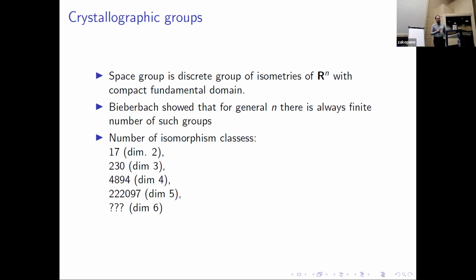An important property of a crystal structure is its symmetries. These symmetries form a group named the space group or Bieberbach group. A space group is a discrete group of isometries of a Euclidean space with compact fundamental domain. And Bieberbach showed that for any dimension n, there always exists a finite number of isomorphism classes of such groups. In dimension 2, we have 17 of them. They are named wallpaper groups. In dimension 3, there are 230. And as you can see, in higher dimensions these numbers are much bigger, and we don't know the number of groups for dimensions higher than